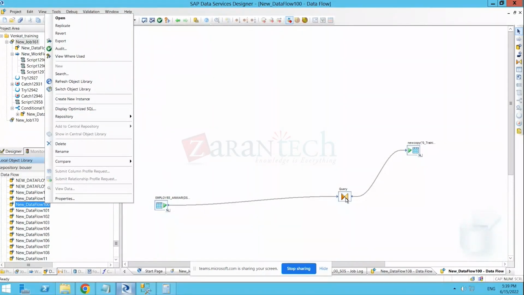So these transformations will go, but these tables won't go. Type tables and their associated configuration, data store configuration also won't go. Only the structure of that particular data flow will go to the central repository. If I click on add central repository as object,